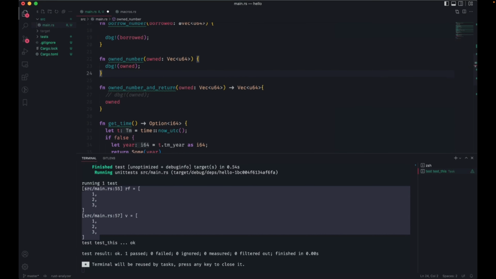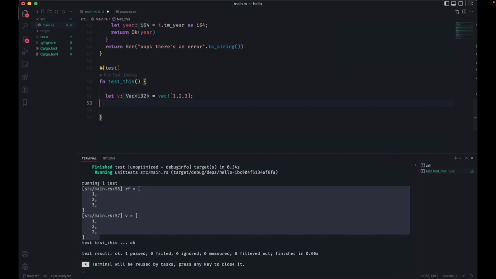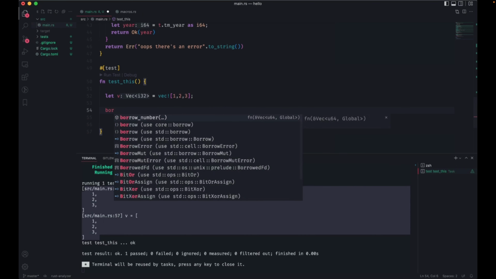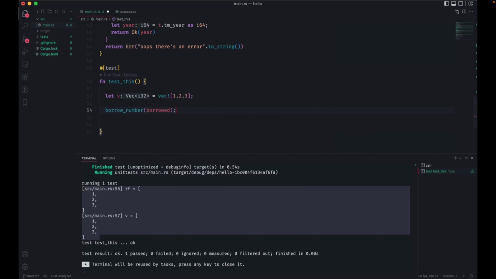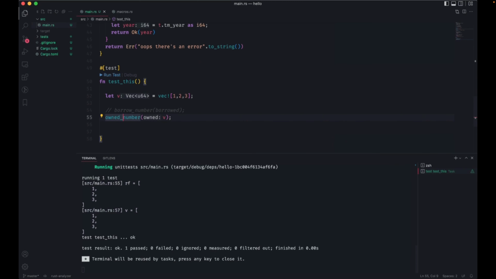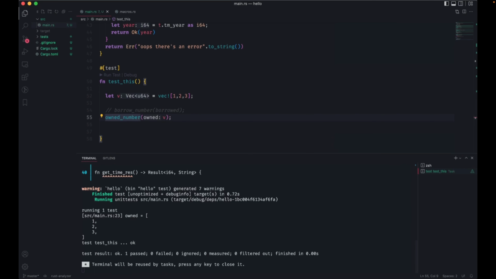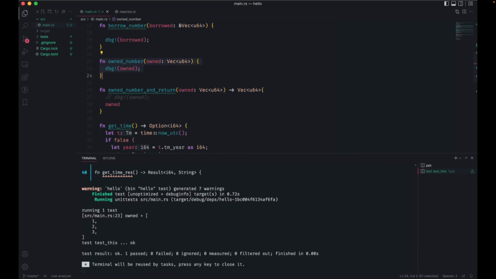When I call them in my function, the same thing is going to happen. Let me comment this out for now. This would work as expected. I've got my original v, my owned v, and I'm passing it into the owned function. This will be fine, right? All I'm doing in here is a debug print, but I could be doing other things.